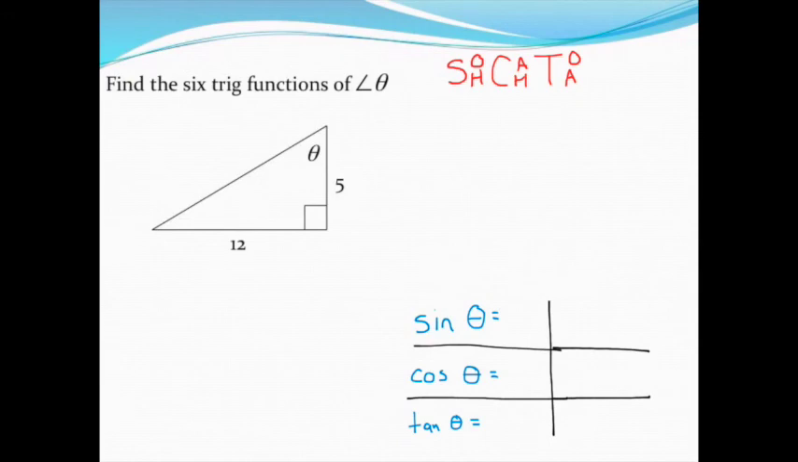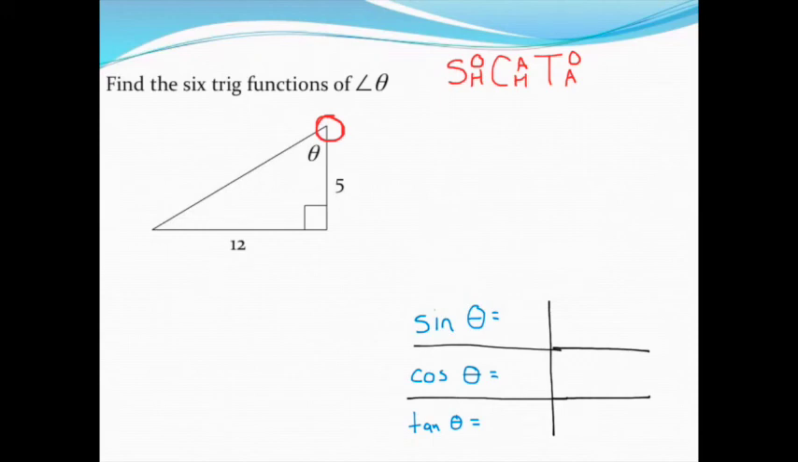Let's find the 6 trig functions of angle theta. I think the first thing that I'll do is clearly mark or identify the angle that we're starting from. That's this angle up top. That's really important because that angle, depending on where I'm at, is going to determine the names of the other